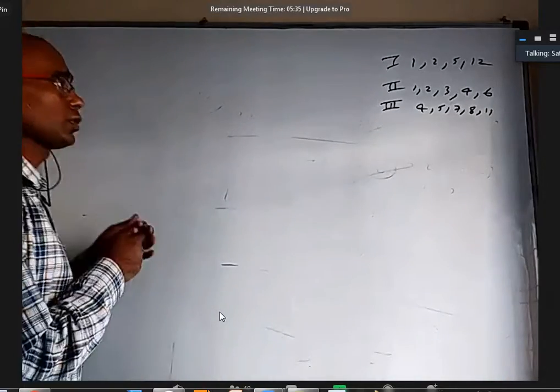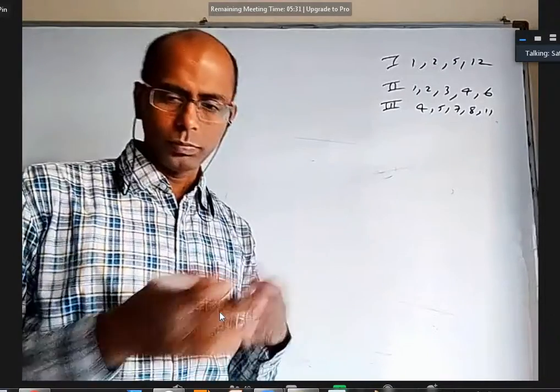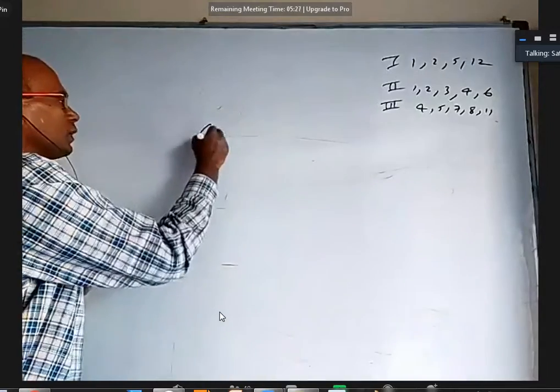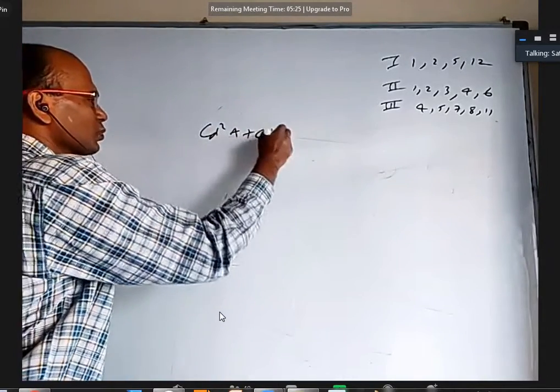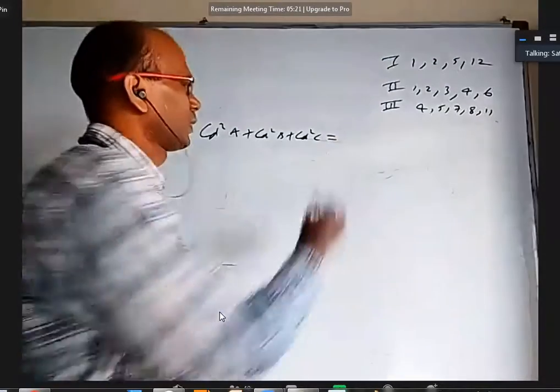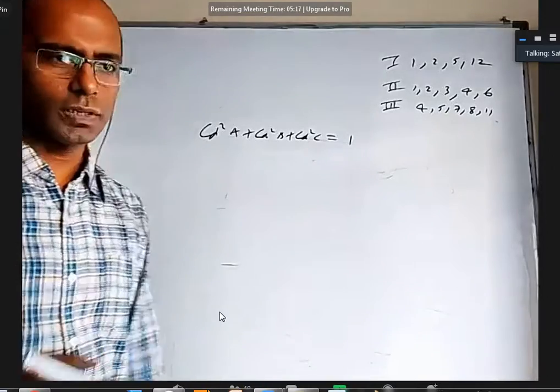Okay. So in the seventh question, actually this can be very well given in exercise 6D or something that we have done earlier. What is that? Cos square A plus cos square B plus cos square C is equal to 1. Actually, it is not sine rule. I should have given it in miscellaneous. We are not going to use sine rule anywhere.